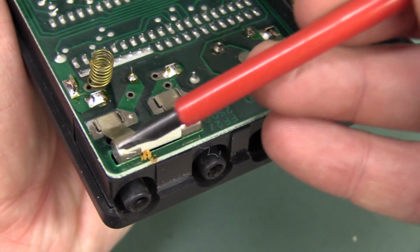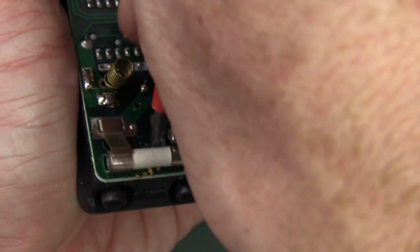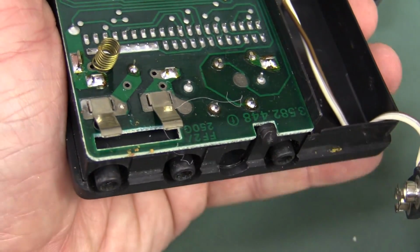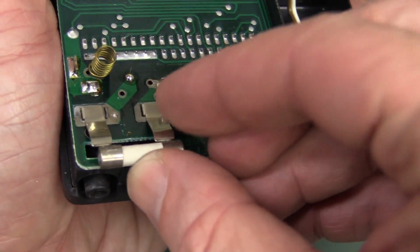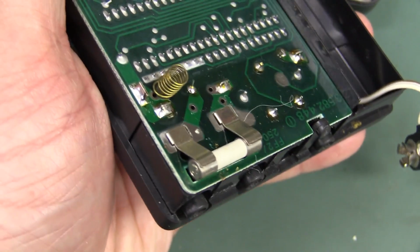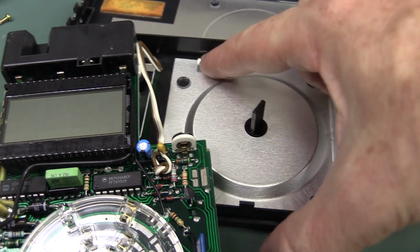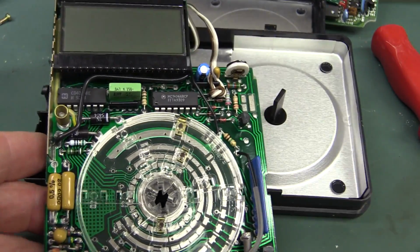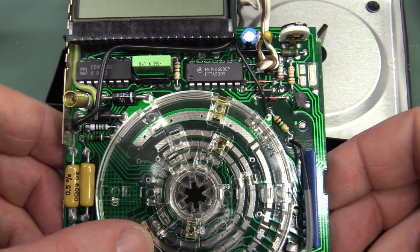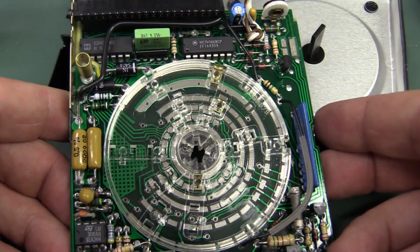They've got a cutout for the fuse on the board. I don't think I've ever seen that. And then you just pop out the fuse like that, and they've just got the 2 flat contacts on top. Wow, I don't think I've ever seen that before. Very, very interesting. Well, it's cheap ass anyway. And they actually got nice shielding on the case, front and back. That was quite common back in the day. Well, still is. But anyway, some 4000 series CMOS, and there's the top side of the rotary contact,